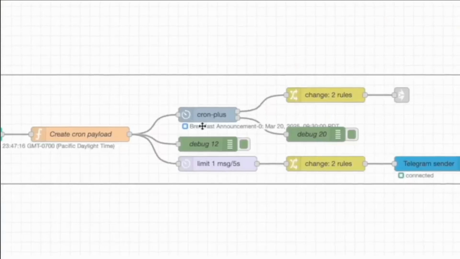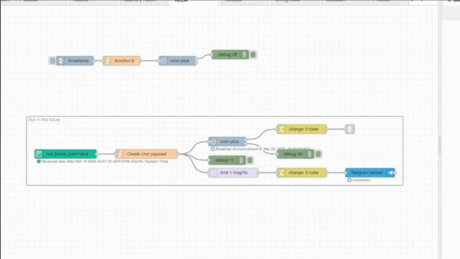This one is crafted to use the cron plus node, and the cron plus node is essentially a dynamic way for us to create a cron job. If you're unfamiliar with a cron job, that is a way for computers to schedule events, and it's good for scheduling really repetitive tasks like system updates, running scripts, things of that nature. You can now use it here within Node-RED to schedule anything, to be honest.